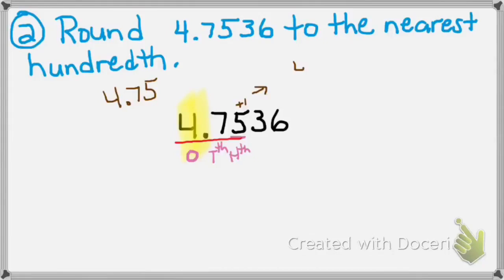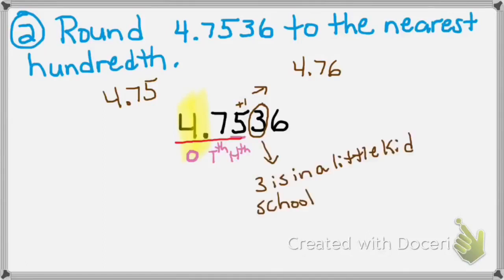So this number will be 4.76. I circle the digit to the right of the underline, that's the 3, and that number tells me whether I round down or up. I think: 3, is it in a little kids' school or a big kids' school? 3 is in a little kids' school, so I will round down. So this 3 tells me to round down to